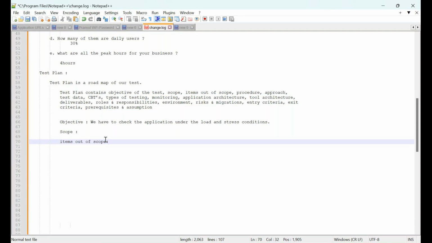Okay, next, test data. Test data is nothing but who is going to provide the test data. Let's take the same web tools we discussed last day, right? For that we need a username, password, credit card numbers, all those we need. If you want to test with a thousand users, who is going to provide that many credentials, that many test data? Either automation team, functional team,